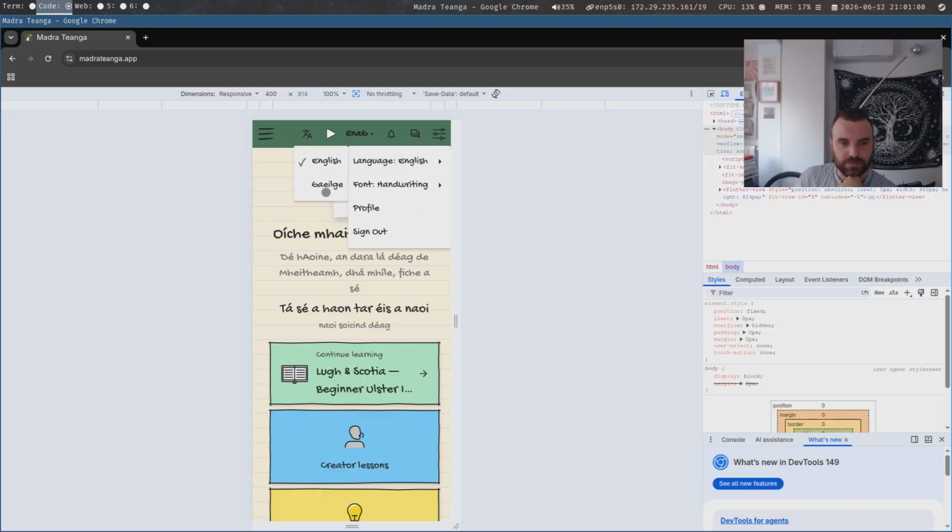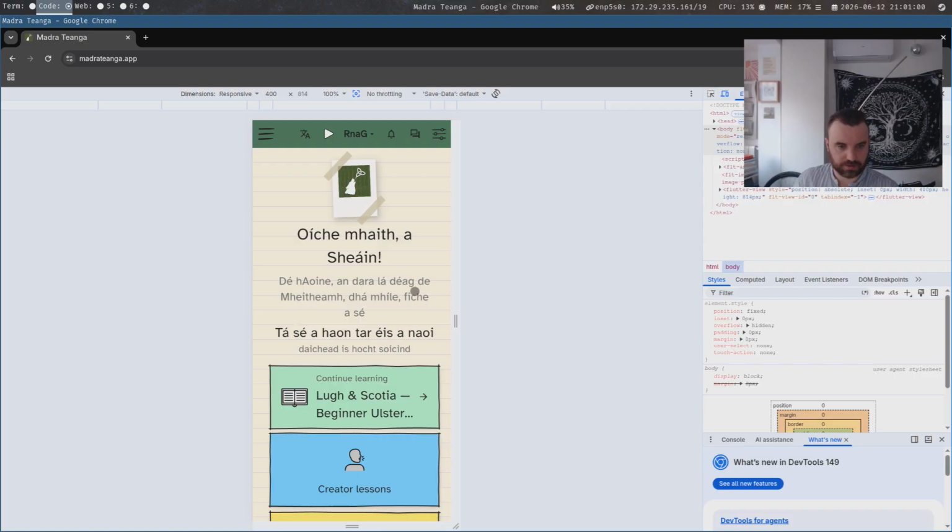But it does have 2 languages, and I'll talk about this because the app has a system in which you can request changes to the Irish translations, and you can also add in more dialects. So you can add in Munster, Ulster, or even language support for Scots Gaelic, or Manx, or even Welsh, I suppose. And then the font system, which is like, some people don't like the handwriting stuff.